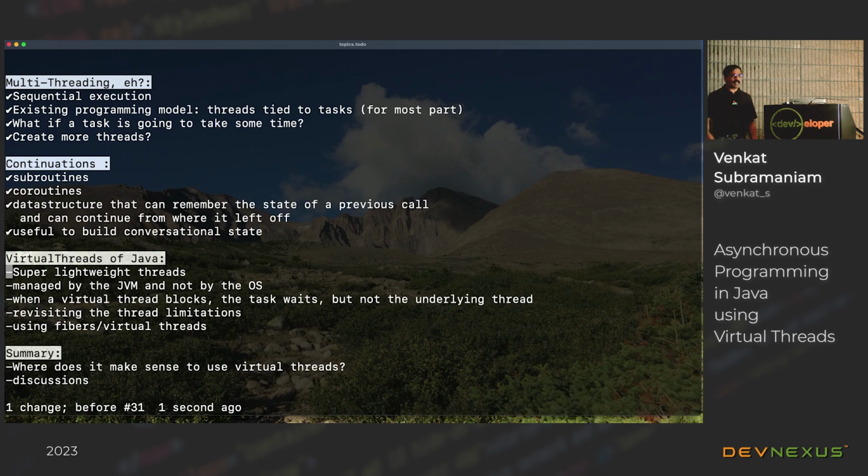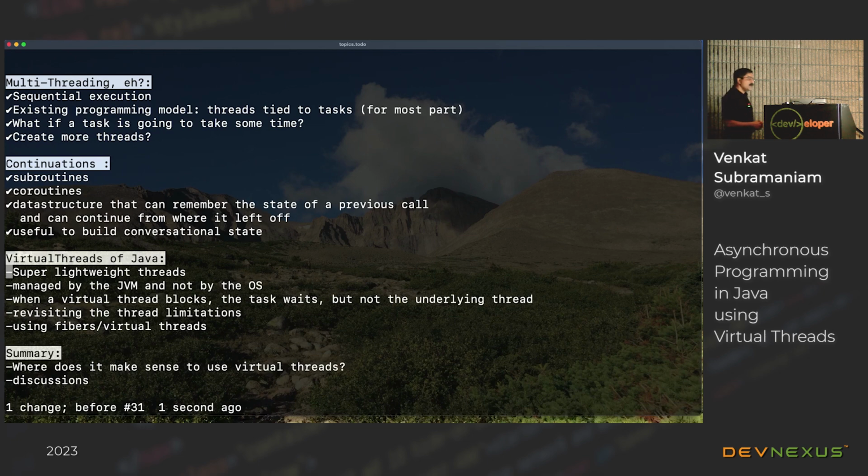But this has been in development for more than 10 years. This has been being developed for nearly 15 years at this point. So this has been done quite nicely over time. They called it Project Loom as they were working on it. This was also really called back in time as Fibers. So these are all different names that were given to it. So Project Loom, Fibers, now it's called Virtual Thread.